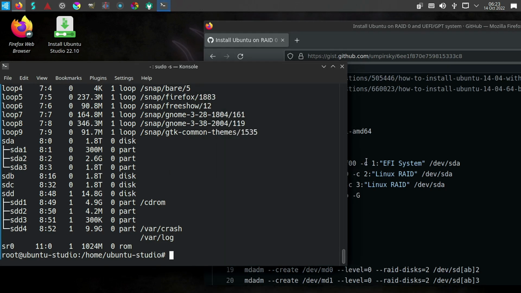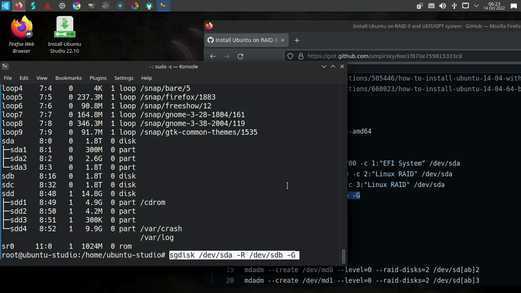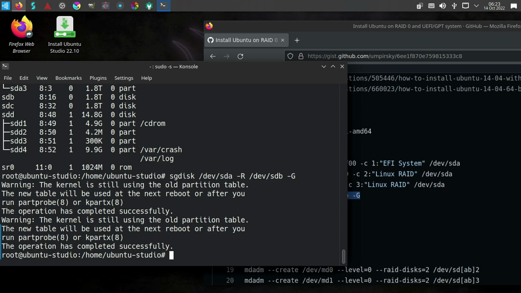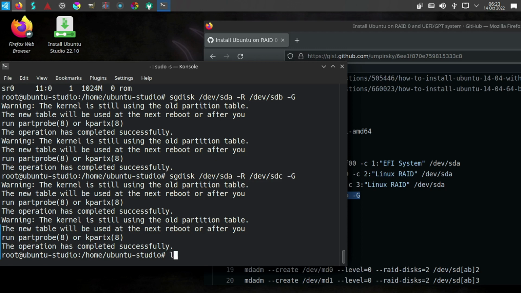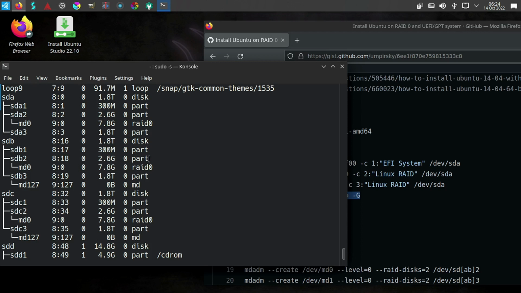Okay, let's replicate the other two by doing this line here. This is the replication command. Let's see, just press enter from A to B and from A to C. Could also do from B to C, it's the same. Let's do A to C. lsblk, and as you can see, we have replicated all 3. And now we have 7.8 of swap, which is MD0, and the other one has to take